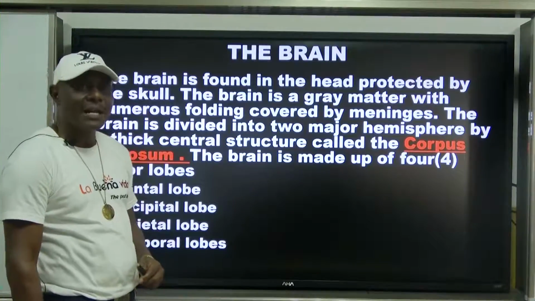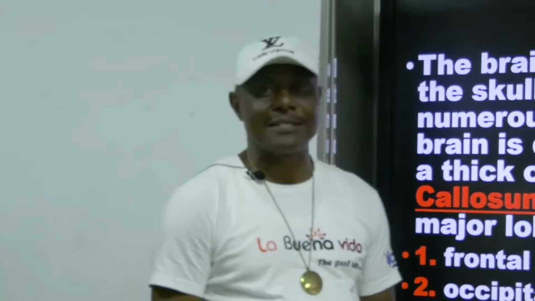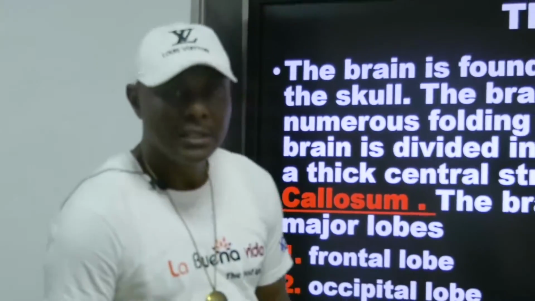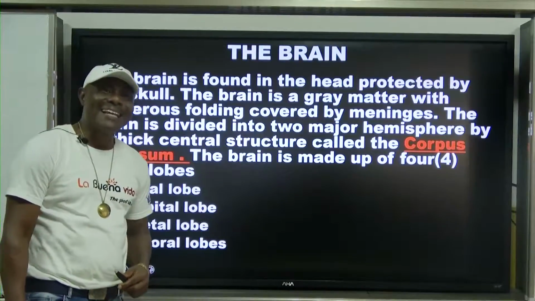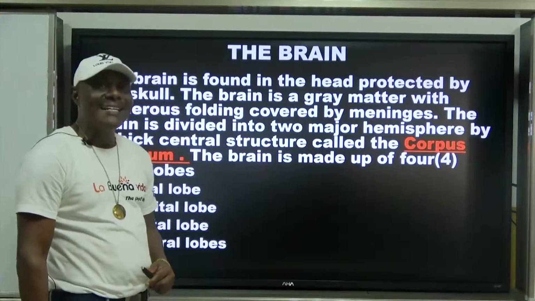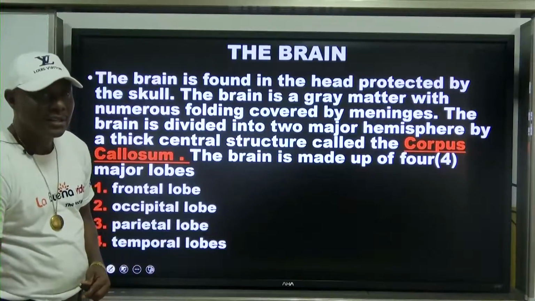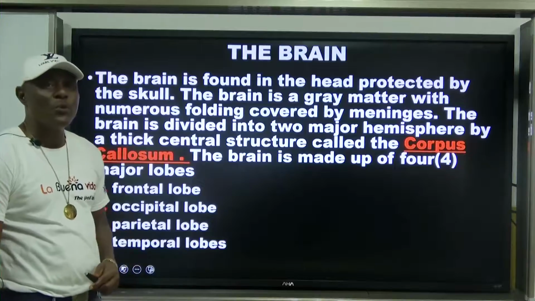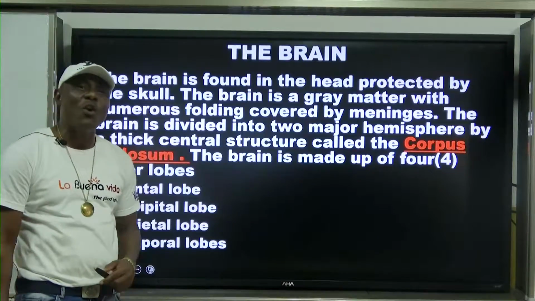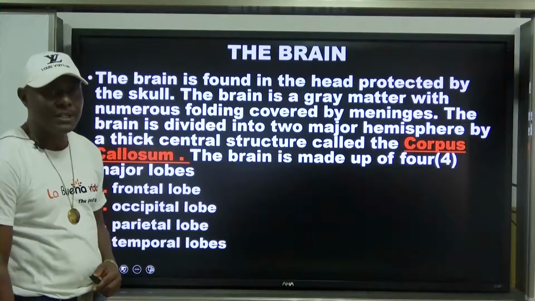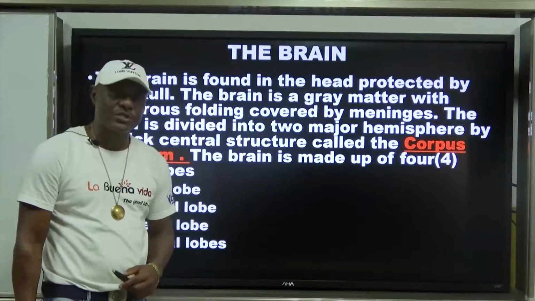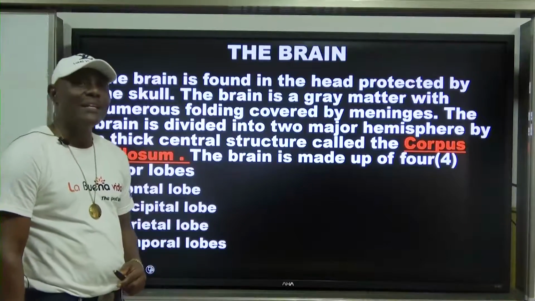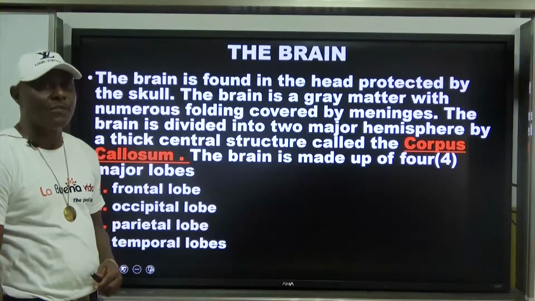The central nervous system, just like I was telling you, is divided into two major parts. We have the brain and we have the spinal cord. The brain is that part of the body that is protected by the skull, found in the head, covered by the meninges. That is the brain, and it is responsible for the coordination of virtually all the impulses in the body. The brain is made up of over 100 million neurons. They are there in the brain, coordinating virtually all the activities of the body.